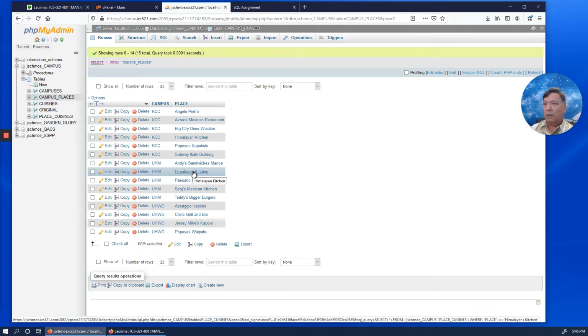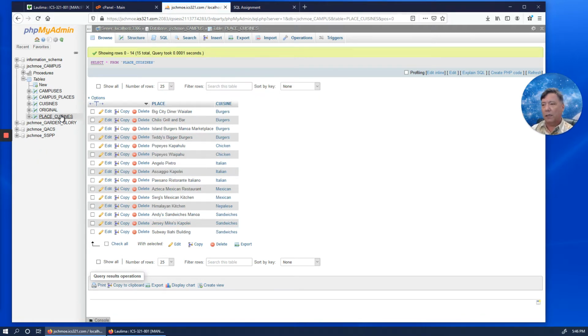So our trigger in place cuisines has got a check to make sure that if a particular place wants to change its cuisine, it's got to look at all the other campuses to see if that would violate a constraint. And if it would, it's got to keep the update from happening.